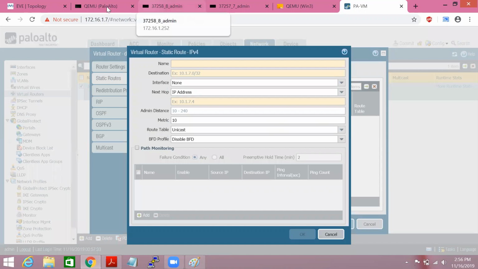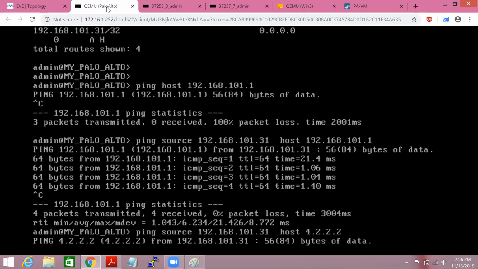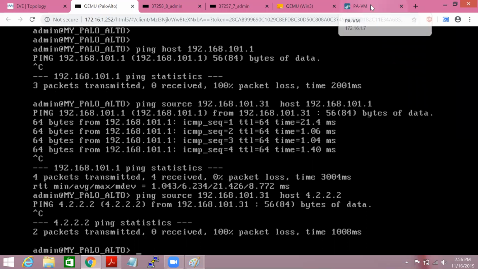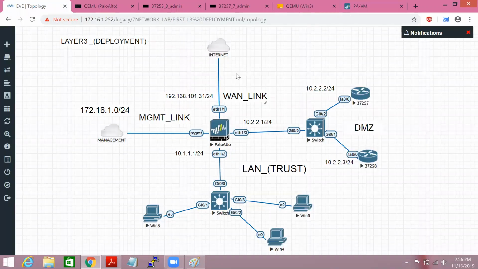Before this, if we do not have a static route and we try to access the internet from my IP range, it doesn't work. So in order to access internet, we have to mention one static default route. You select the destination, which is 0.0.0.0, and the exit interface, which is let's say 1/1.